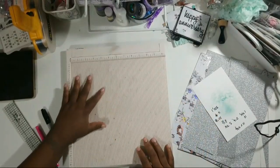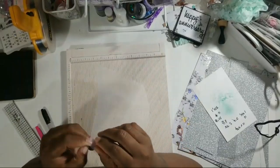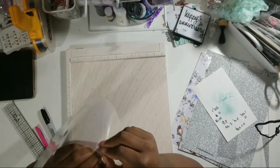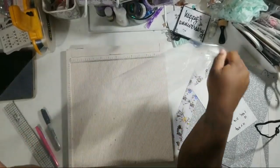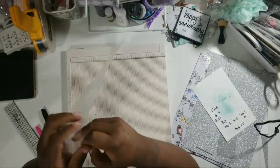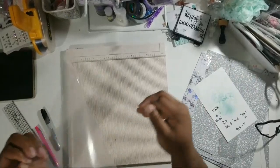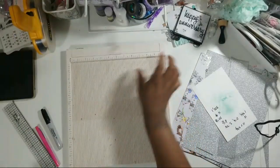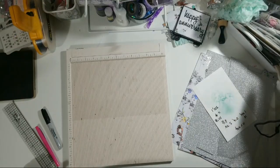we're gonna take this acetate, and the Cricut acetate usually have a layer on both sides. So what I usually do, just peel it off both sides. Right, put it in here. So what we're gonna do is do